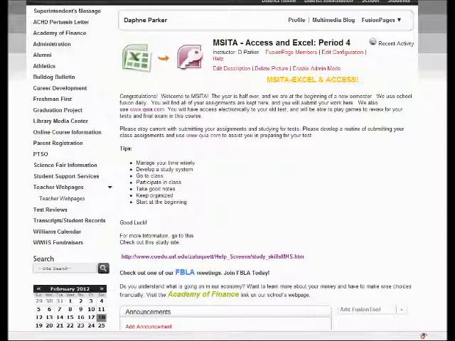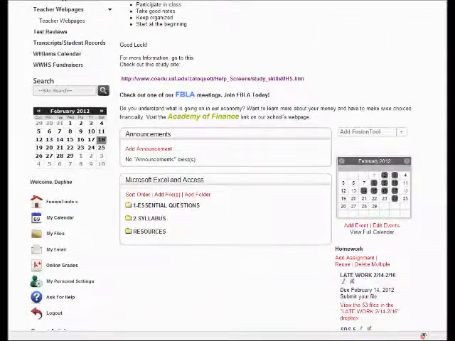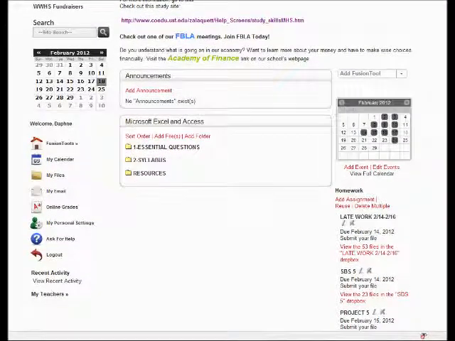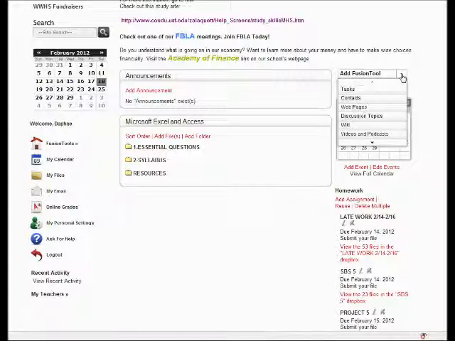This is our SchoolFusion webpage. This class is MSITA Access in Excel, period 4. Today, we will set up folders. But first, I'm going to scroll down, and I want you to see the Add Fusion tool. I'm going to click on the arrow. Okay. Inside of this